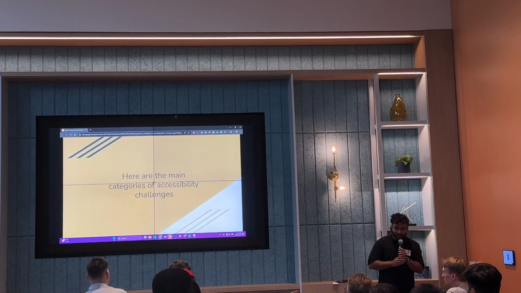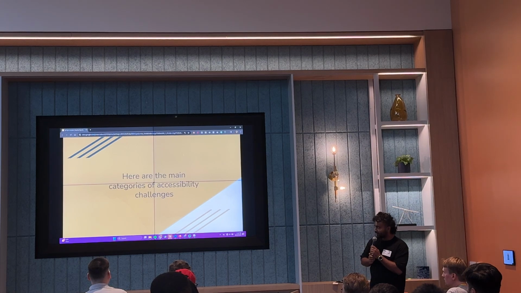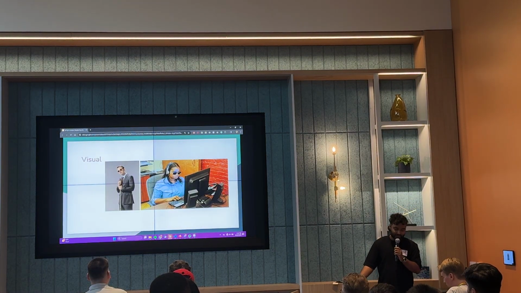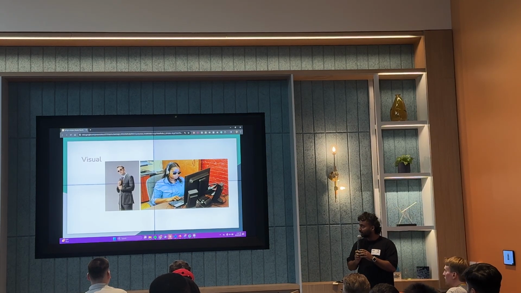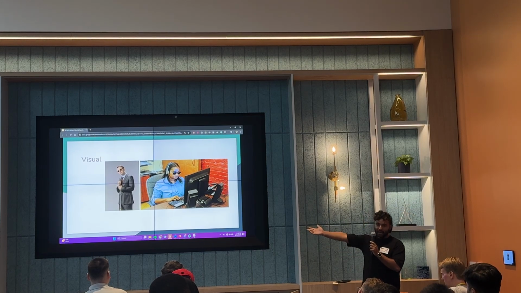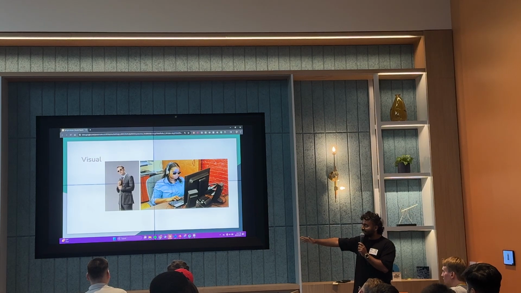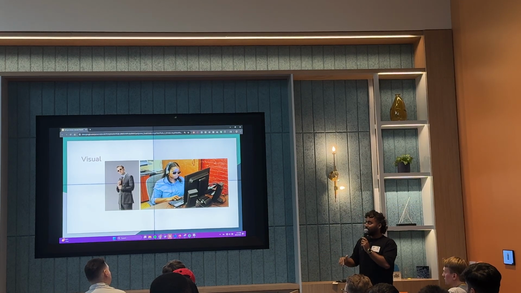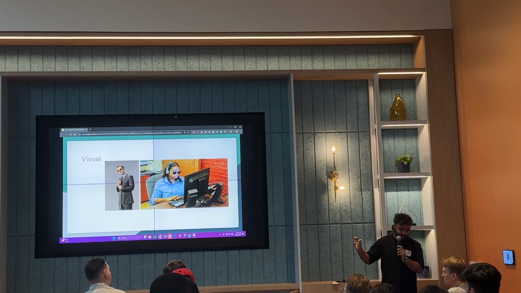Anyway, I'm going to go a little bit into the categories. I have some fun examples, but really I'm going to run through it. So the visual side, right? People with partial blindness, low vision, people who can't see all the colors. Those are the people, like our Matt Murdock here. These are also people who are super cool, okay? They have a lot of other skills and they engage with the world in a bunch of different ways. But these people generally rely on voice-assisted technologies, screen readers, and they use these switches